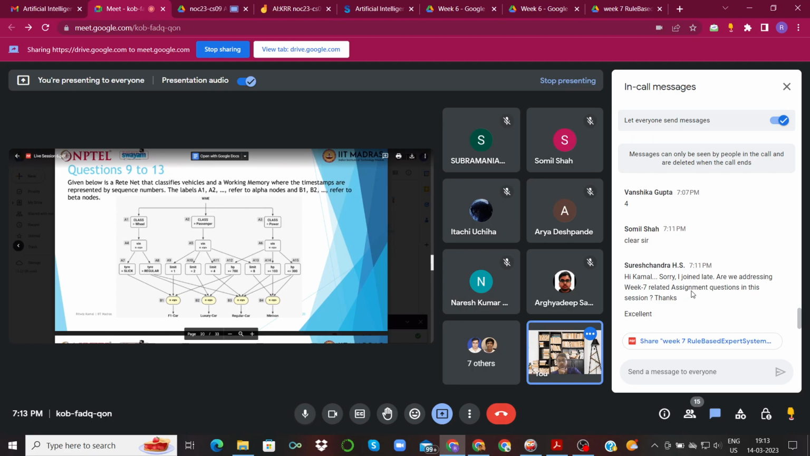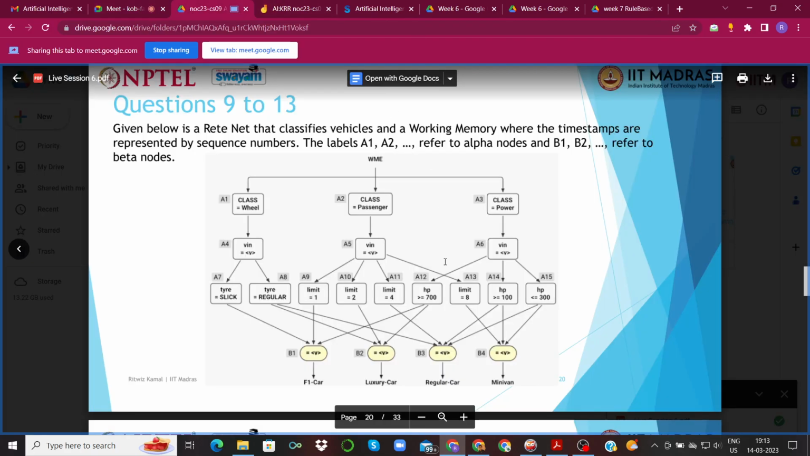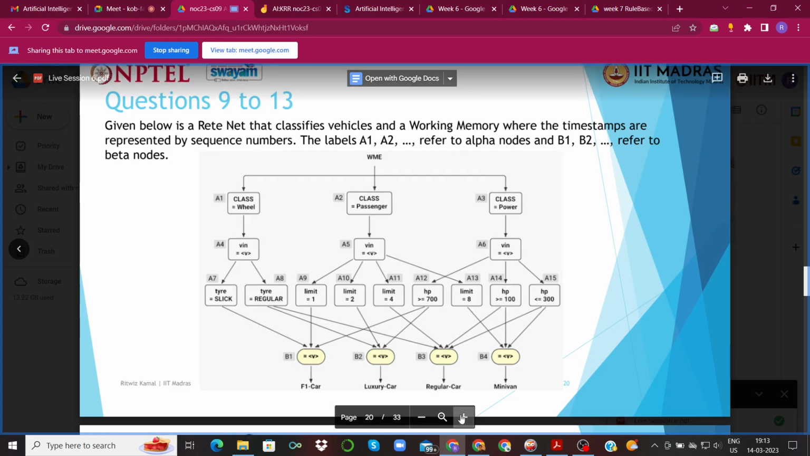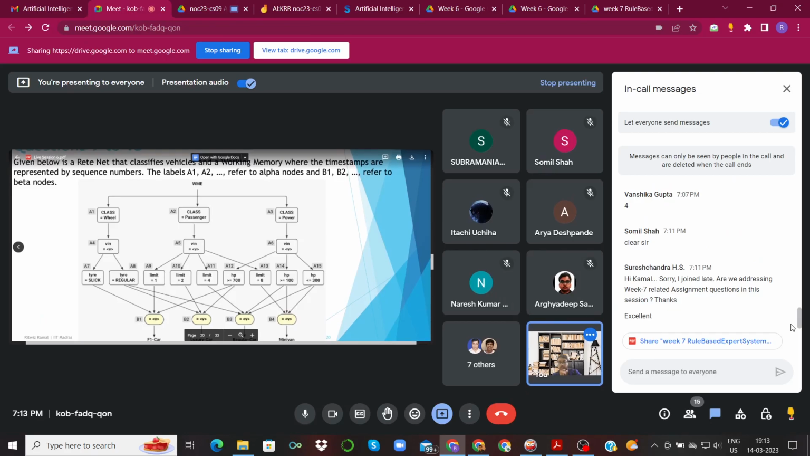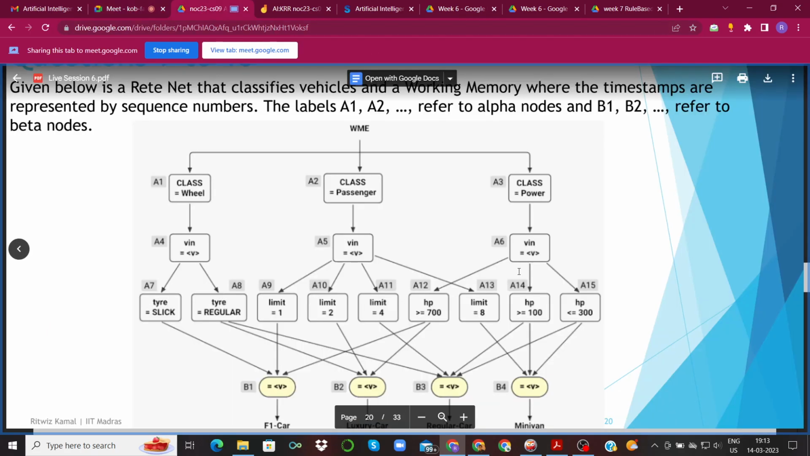All right. So the next couple of questions will be based on this RateNet that is shown over here. I'll zoom into it. Just give me a moment. Yeah, I hope it's a bit bigger now. Right. So basically, you are given a RateNet that classifies vehicles, and you are also given a working memory